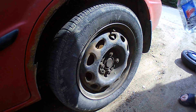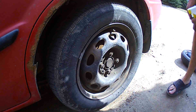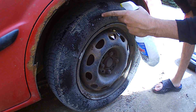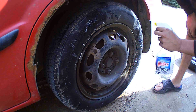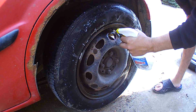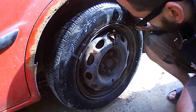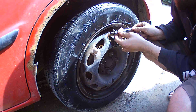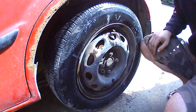you can always take some soapy water. This is just soapy water in an old Windex bottle, and you can spray it around your tire and look for air bubbles. Now around the tread, all that, in here. If you don't see any bubbles, then that means some jerk probably let the air out of your tire. It's simple enough to do this and let the air out of the tire. If you do hear air leaking,